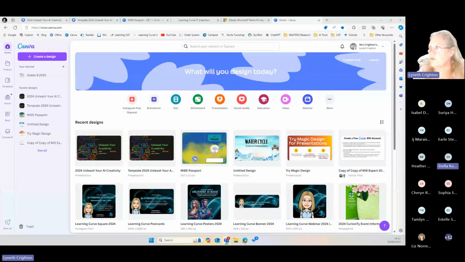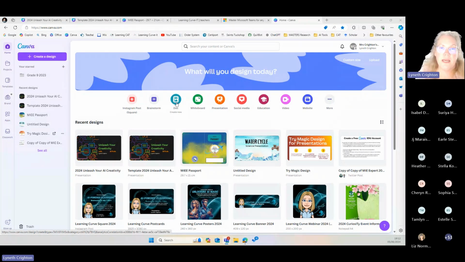Sorry, I'm just looking for. There we go. Okay, it does have this document function, which accommodates for more text. It's getting better if you have Grammarly for spell check. But basically, you click on one of these or you choose custom size.